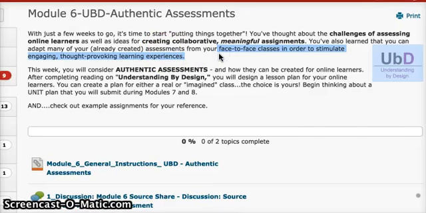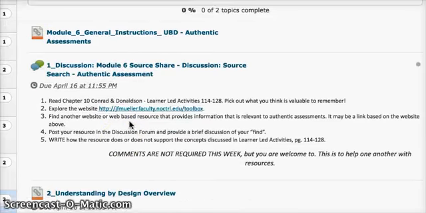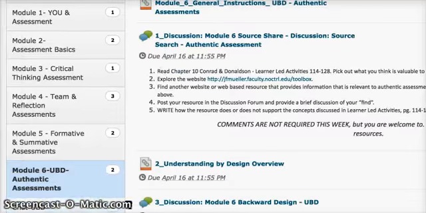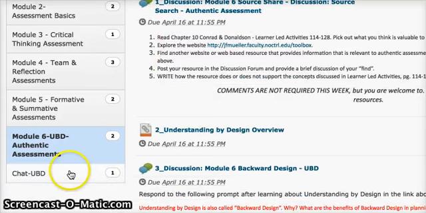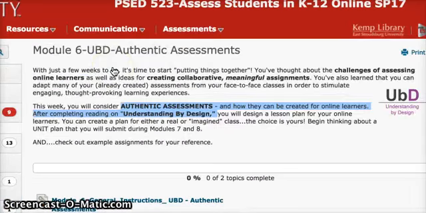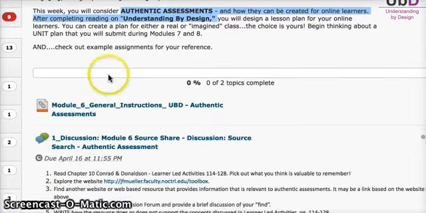So let's quickly go over the overview. And then I'm going to go over these elements in here, the discussions and things to keep in mind. And then in another video, I'm going to address the chat. I am not going to do this in the same video because it might take too much time. And if I split them up, it's a lot shorter. So, Module 6,